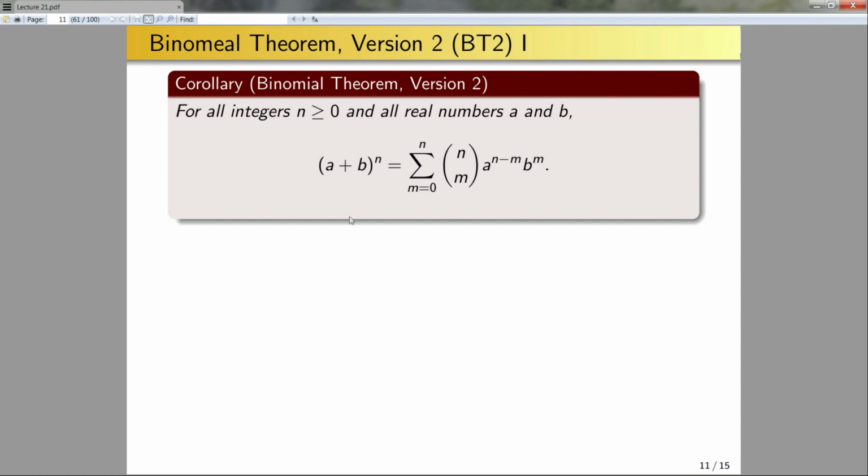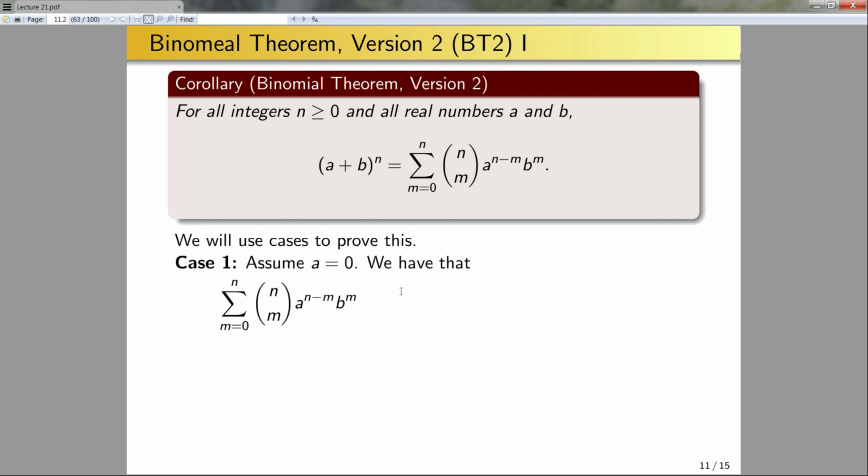So we're going to prove this using cases. We've already done the hard part of the proof in proving Binomial Theorem version 1. We no longer need to do induction here. So in case 1, if a is equal to 0, then we have that this sum is explicitly equal to this sum where I plug in 0 for a. And this term will be 0 for all of the values except for when n minus m is equal to 0. And in that case,